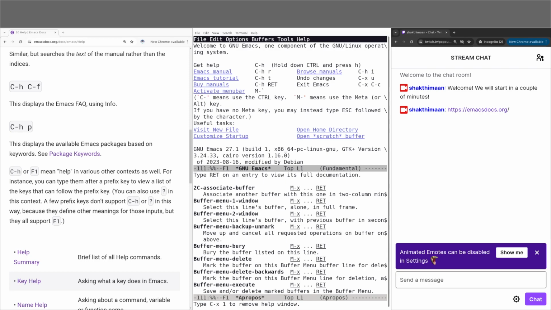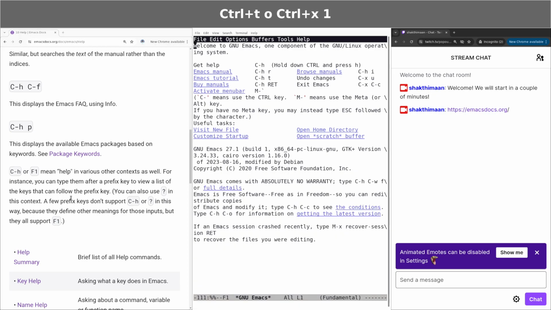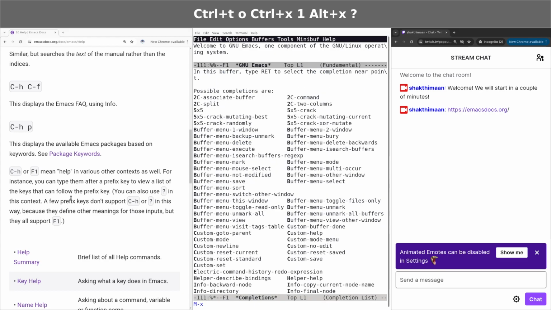So, the Control H or F1 means help in various other contexts. You can type them after a prefix key to view a list of keys that can follow the prefix key. You can also use question mark. Now a few prefix keys don't support control H or question mark in this way because they define other meanings for those inputs, but most of them will support use of F1. For example, if I do alt text question mark, it tells me that in this buffer we have the following completion options. Okay,